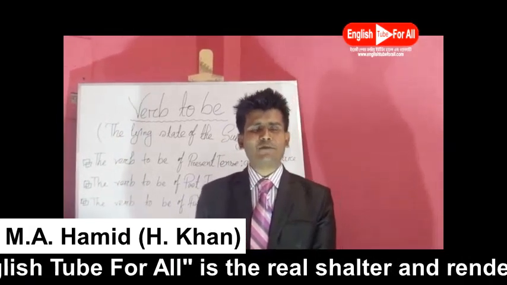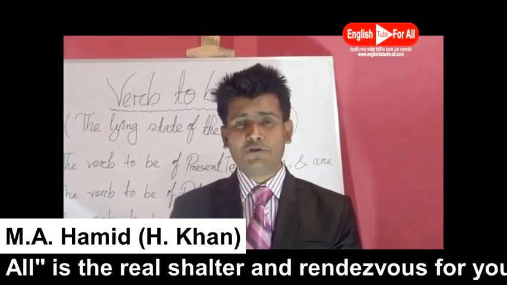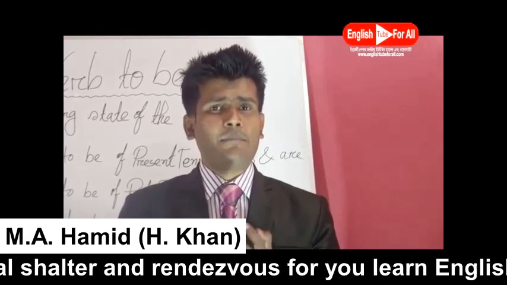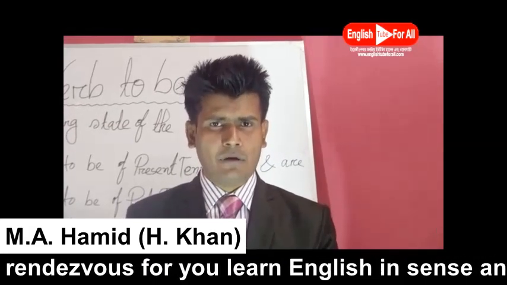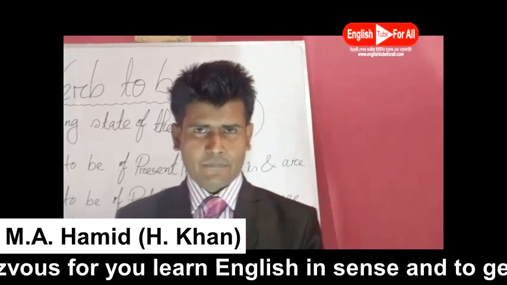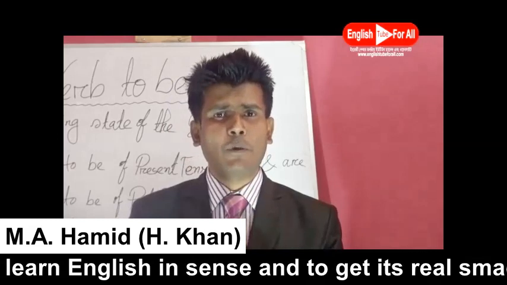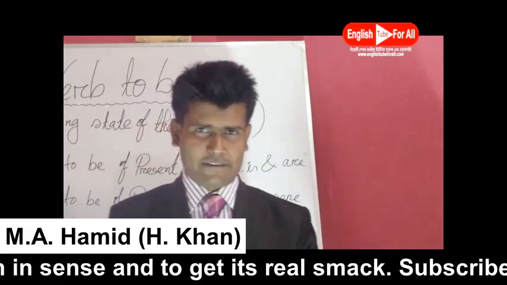Now, I would like to come to another track. I would like to come to another term, which is also very much important, undoubtedly. And that is where the Verb To Be's of all the tenses are used according to person and number. I'm just going to tell you that. Dear viewers, as you have already learned, there are 3 different Verb To Be's of present tense. Am, is, and are. Now I'm going to tell you that.